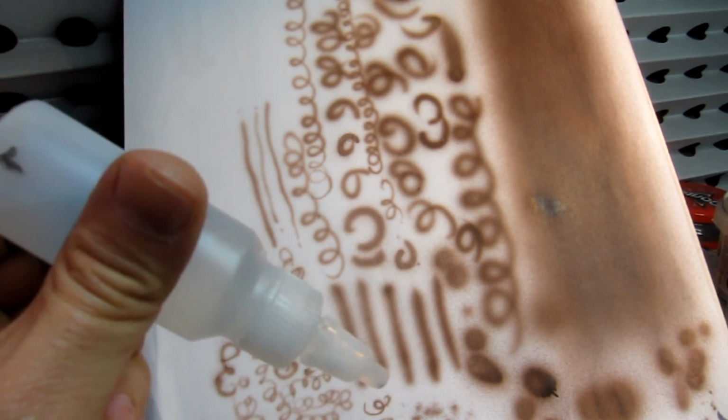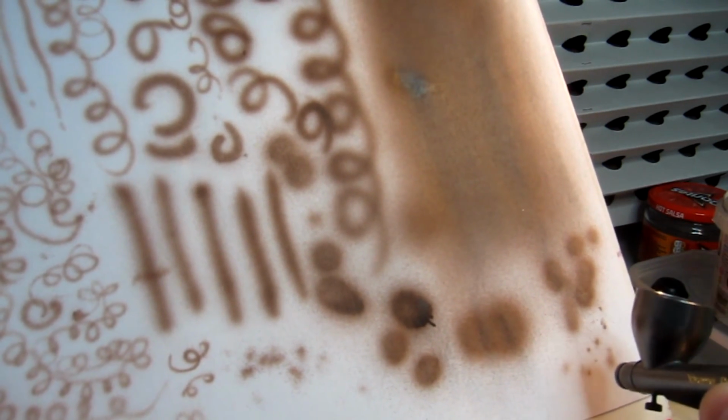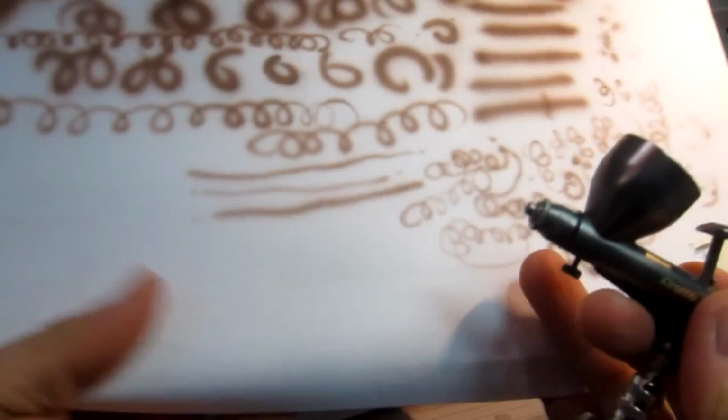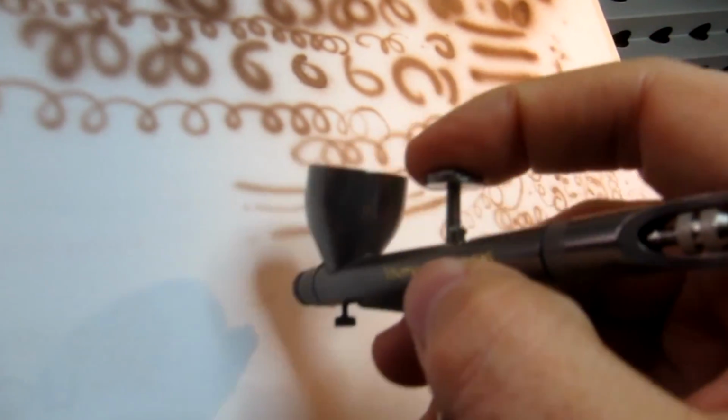I'm sure somewhere there's some real airbrush artists, custom guys or something like that, just screaming at me. There we go. It's better. It's definitely spraying better. So I'm trying to find a clean bit of the paper here. Again, sorry if this is a bit too tedious for some of you guys, but